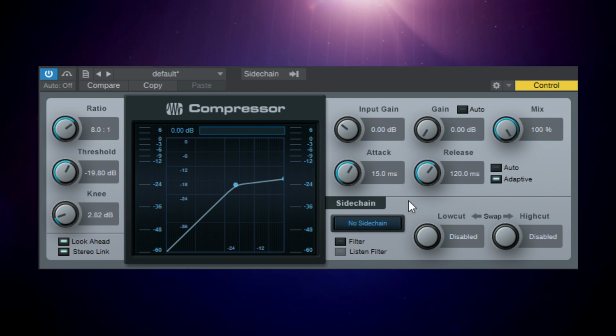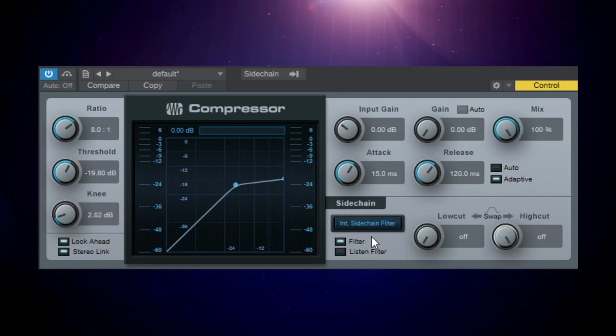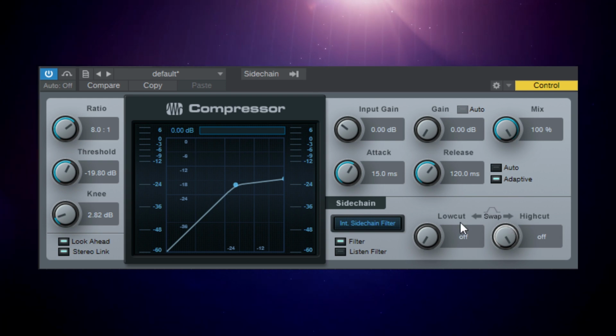So we're just going to start off by switching it on. We'll go to this bottom right-hand corner and we'll just click on this filter button here, okay? Now when we turn that on, you can see that these two controls become available. One is a low cut filter where we control the frequency here, and a high cut, which is where we control the frequency there. Now there are frequencies in between, and those frequencies are the frequencies which are actually going to affect